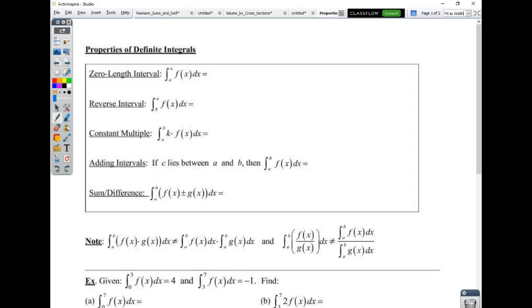All right, so if you had a chance to work on that assignment last night, a large chunk of this was stuff that you used as you had gone through. A couple of these are going to be new properties, but today's focus is going to be on properties of the definite integral. For instance, we learned that if I took an integral from a to a,